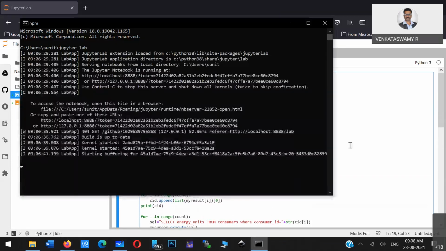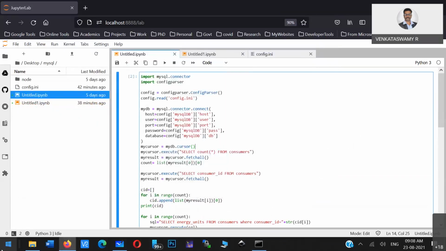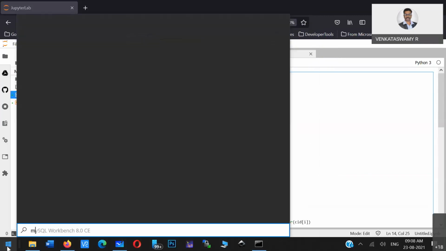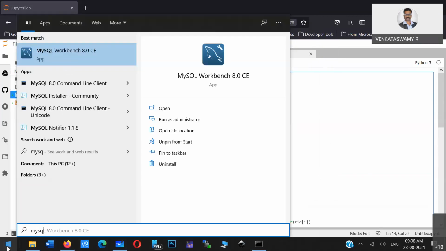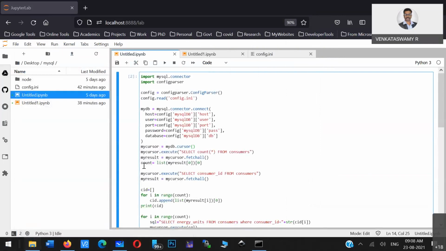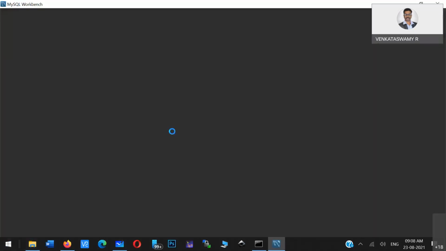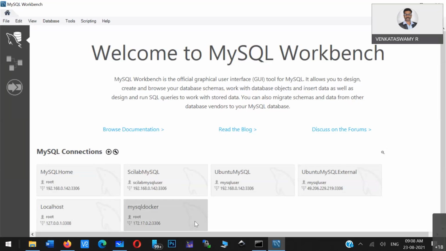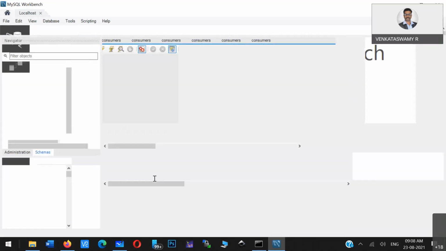Now, what we understood is that we have to install MySQL, and along with that we should make sure that MySQL Workbench is installed on your machine. These are the requirements for you.